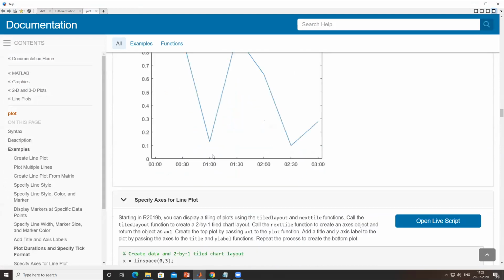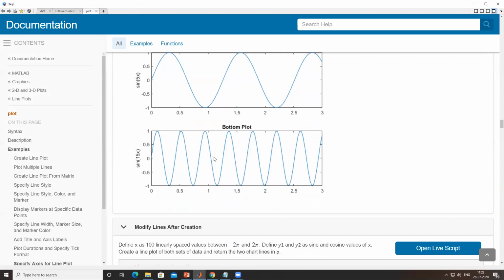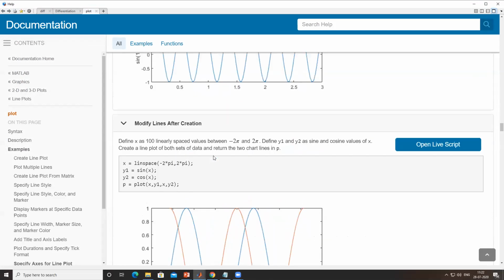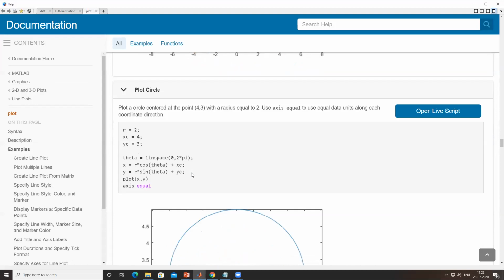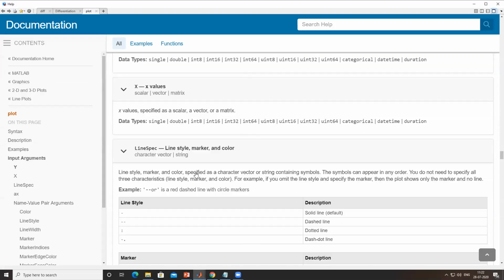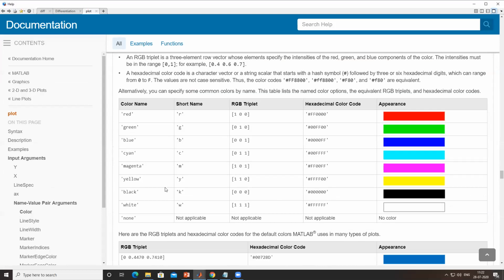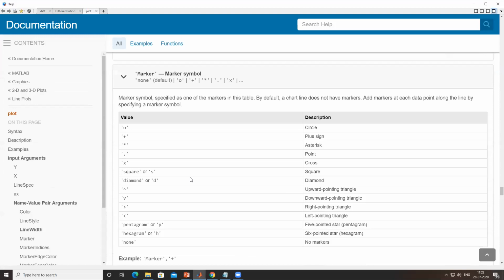Color, no. Okay, so creating this, plot cosine, marker, plot circle, line color, black, yellow line. Okay, line style they have mentioned, marker they have mentioned.